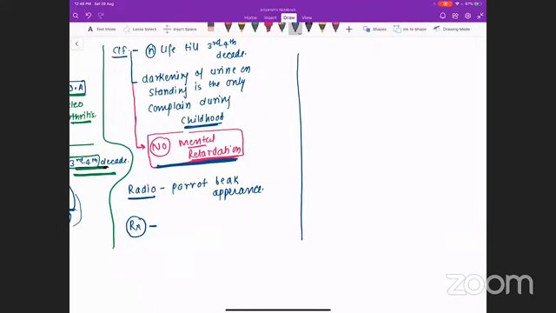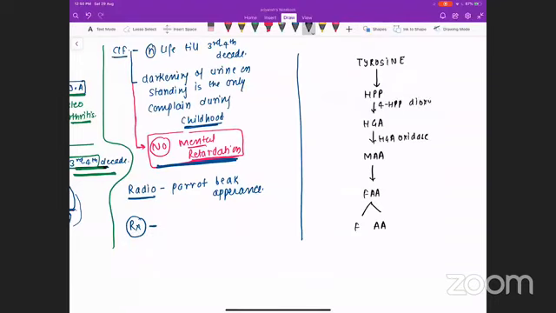Let's understand the pathology. See, no need to write this part, what I am writing in the black color. What is the tyrosine catabolism pathway? What is the sequence of intermediates? हम पहले पीते हैं, then हम गाते हैं, then the mother comes into the picture, then the father comes into the picture, and the party will be finished. This is what we have learned. When HGA converts into MA, the name of the enzyme is HGA oxidase. And when HPP converts into HGA, the name of the enzyme is 4-HPP dioxygenase. This is what we have written already. No need to write it again. Just try to understand the concept.